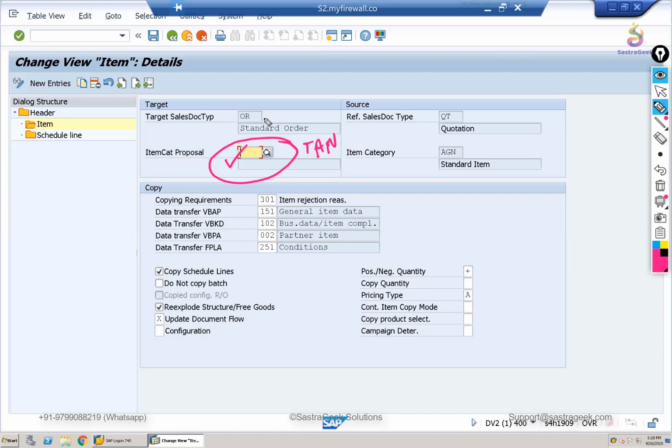But if you really want to make your system very strict from a process behavior point of view, then you can put the item category itself. I guess I don't have to explain again what the copying requirement is, but a requirement means a small routine, and a routine means a small program. Requirement means validation criteria before it gets copied. And if you go inside,